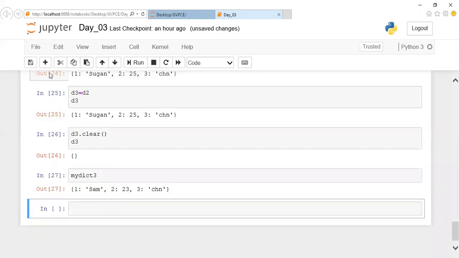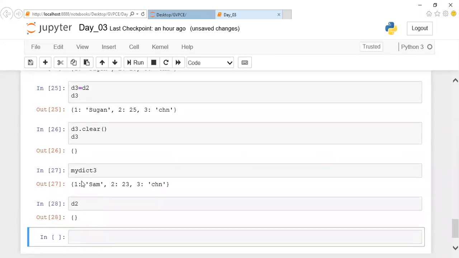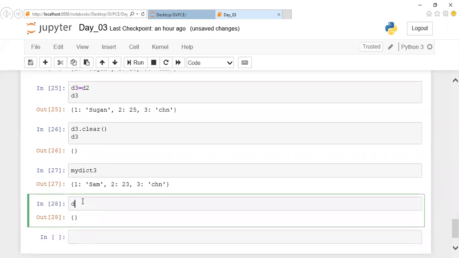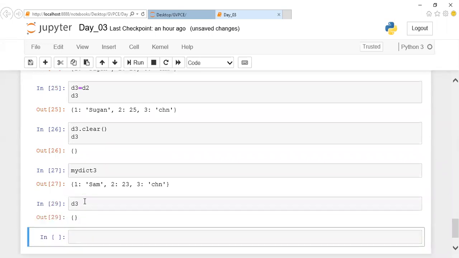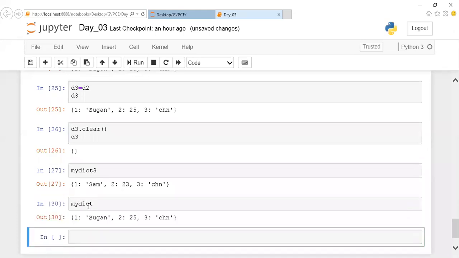So this is one dictionary, and we'll take D2 as the other dictionary. D2 is empty. D3 is also empty. Then my DACT. Okay, so let us take these two dictionaries.